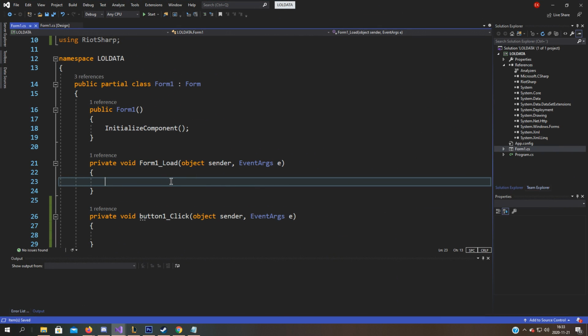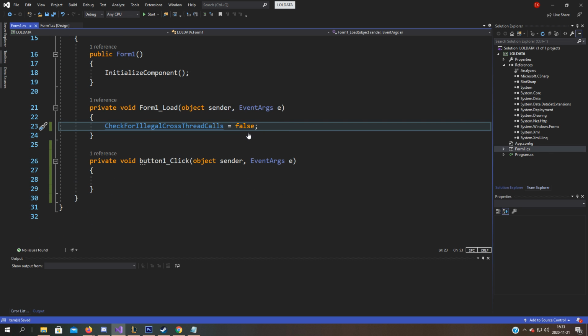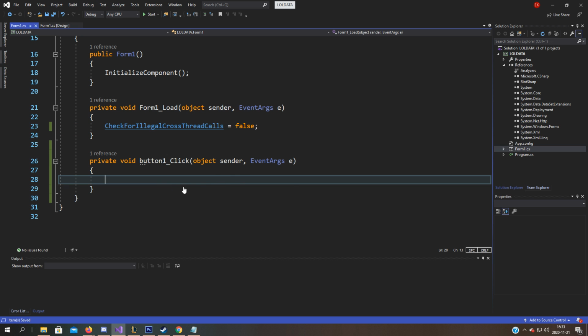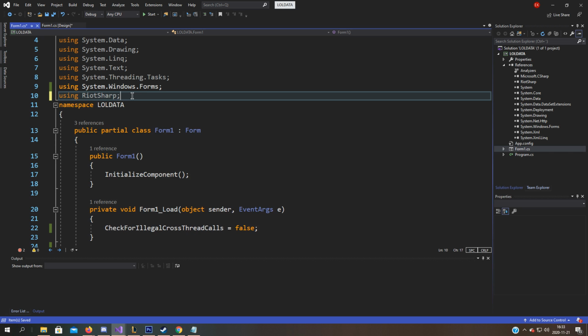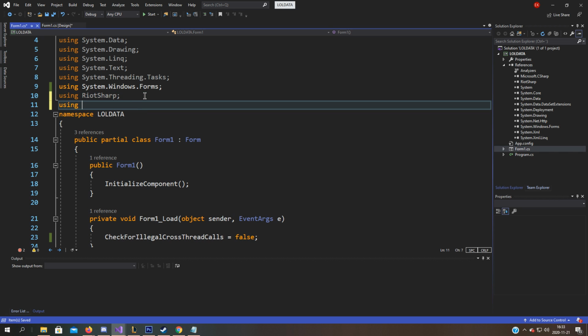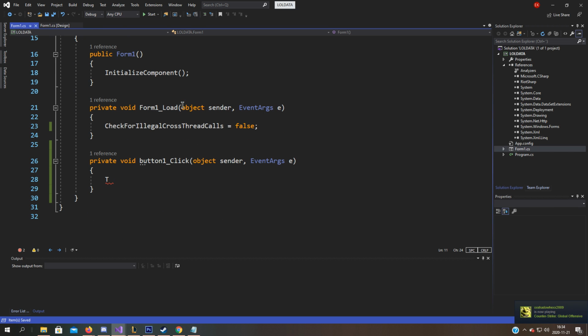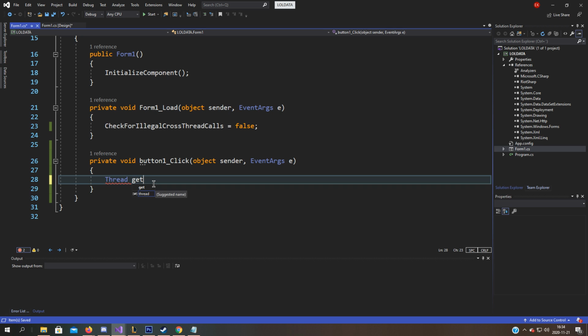So in the form load, just type CheckForIllegalCrossThreadCalls equals false. This will come in handy later in the project, but for now we just write that. So now in the button click function we'll create a new thread. So thread, oh yeah, go up here, using System.Threading. So Thread getStuff